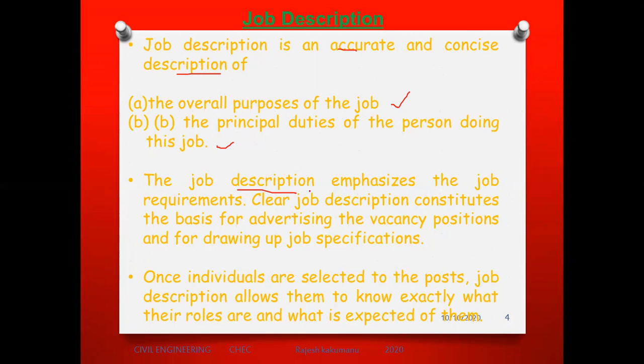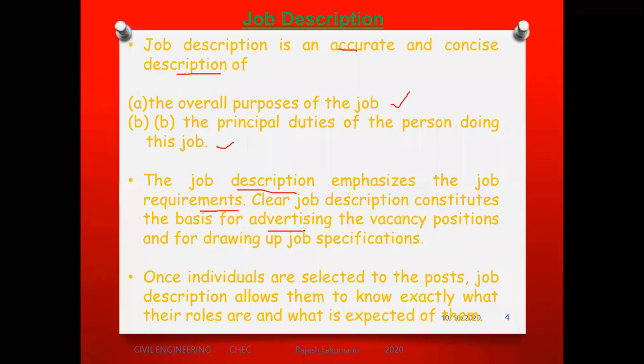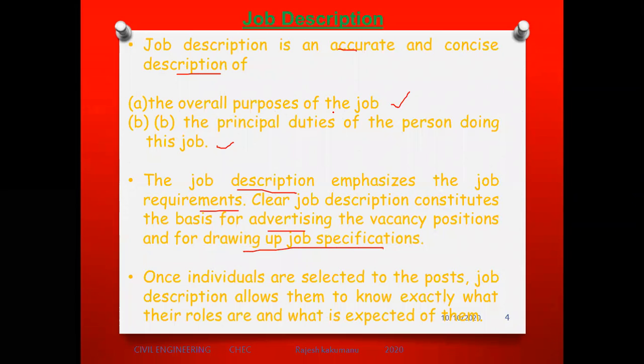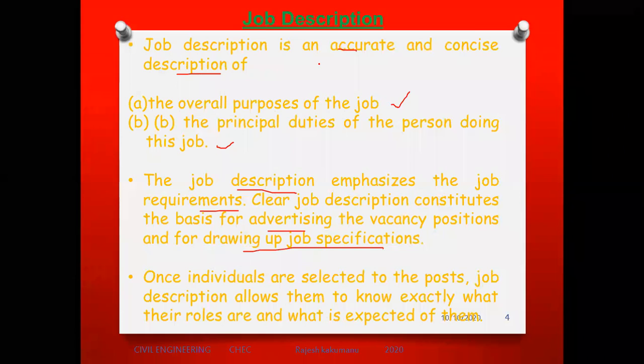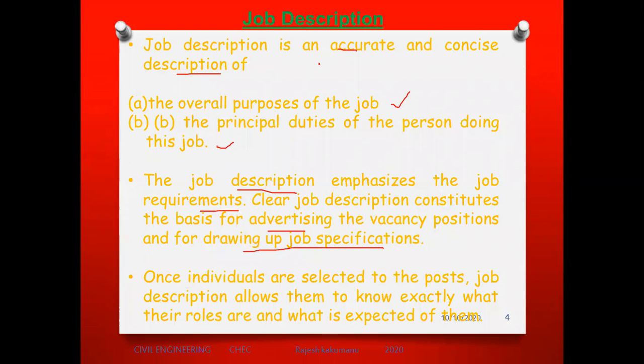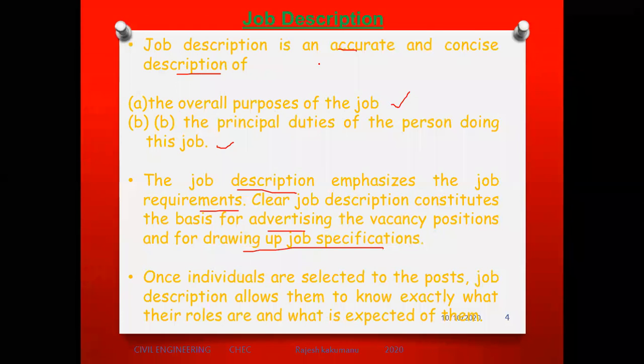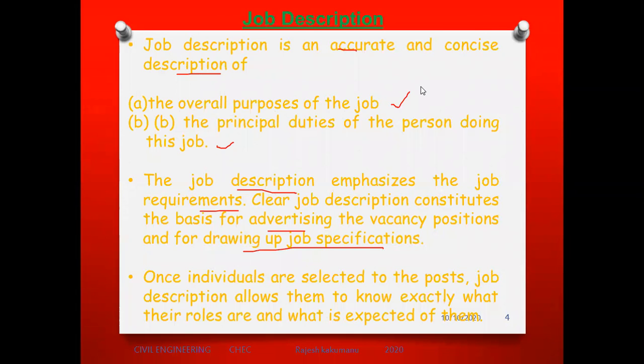Now the job description emphasizes the job requirements. A clear job description constitutes the basis of advertising the vacancy positions and drawing up the job specifications. This process gives the detailed analysis which constitutes the basis of advertising the vacancies of jobs. So for example, recently 3 days back,